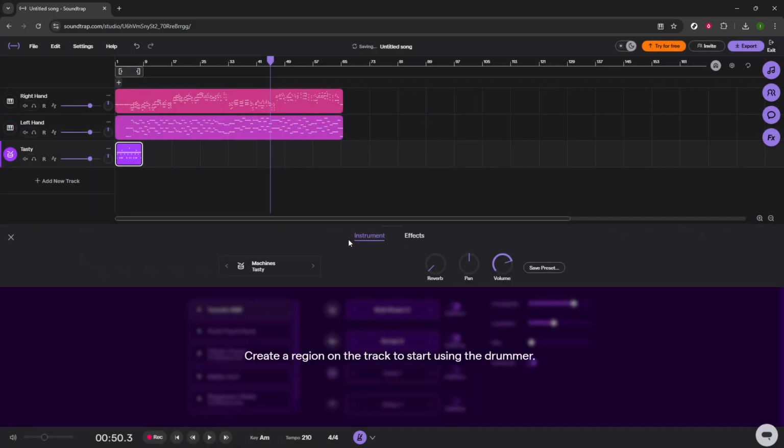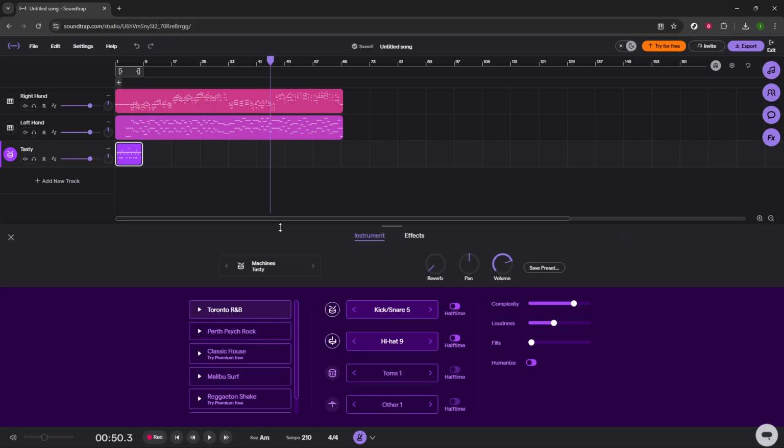Now let's customize the groove so it fits your song. At the bottom of the screen, you'll find the Smart Drummer controls. Start with intensity. Think of this as how busy or energetic the beat feels. Lower intensity keeps things simple and relaxed. Higher intensity adds more hits, fills, and momentum. Set it based on the vibe you want, subtle for a laid-back verse or punchy for a chorus that needs